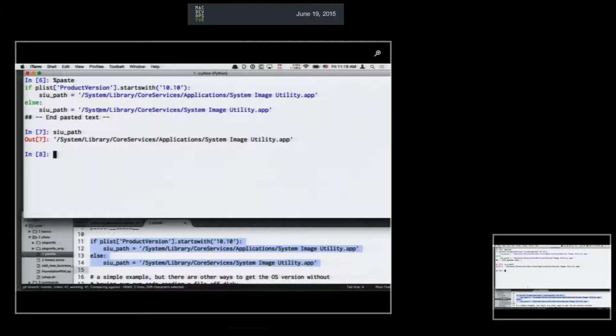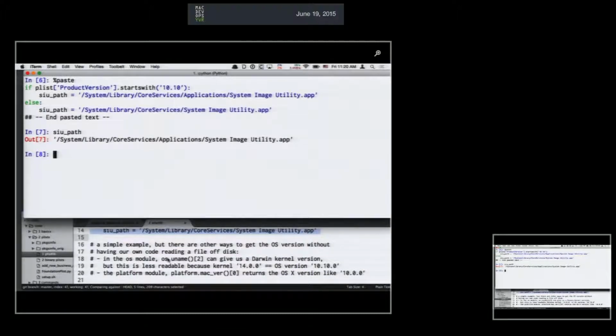There are different ways to get the version of an OS X system that might actually be safer than reading a plist file off disk. There are a couple of other options in this file here, just as an example. There are other modules that provide the same information, but this is just a useful example. That plist product version, if I assign this to something,